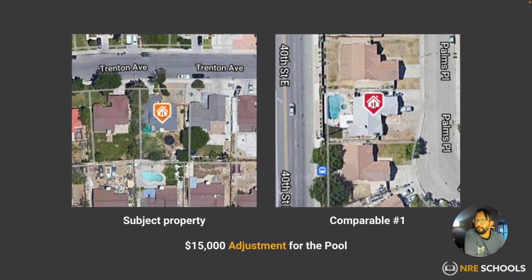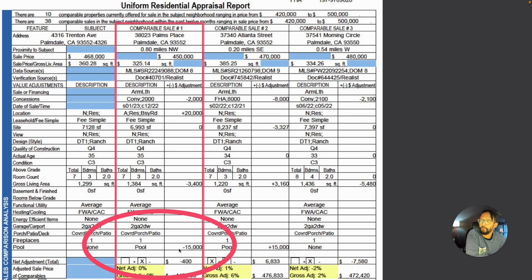Again, these are adjustments, but you're going to notice that he subtracted $15,000. Why did he subtract $15,000? Because what the appraiser is saying here is, our subject property, you'll notice, does not have a pool. And we're comparing these comps to the subject property. What the appraiser is saying here is that comparable sale number 1, to adjust it to be similar to our subject property, if comp number 1